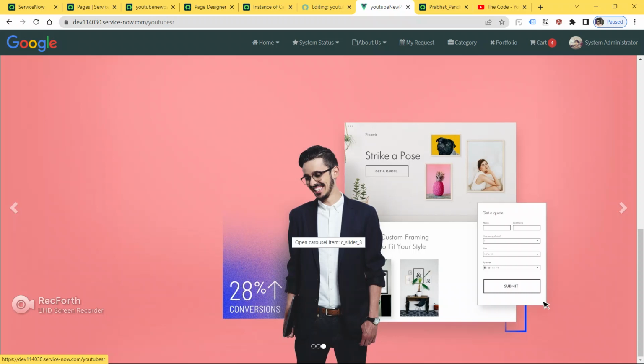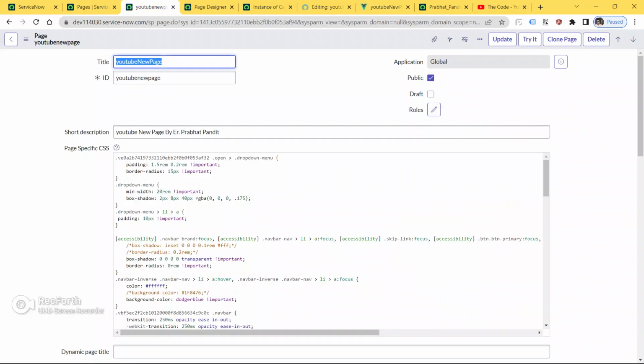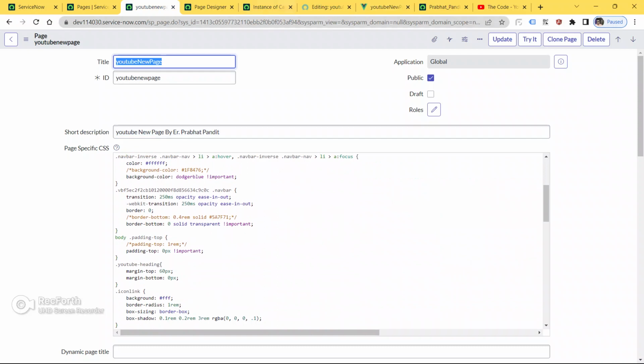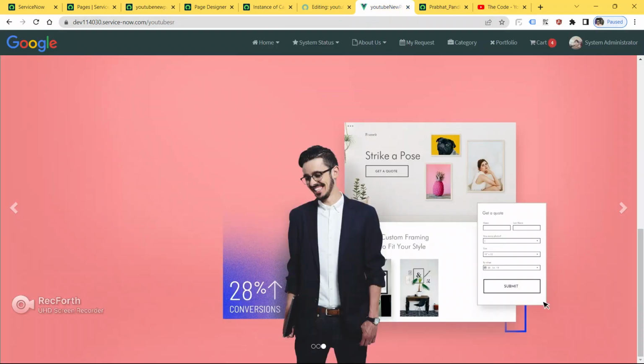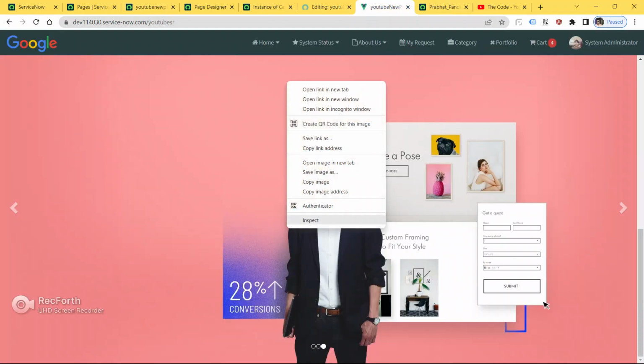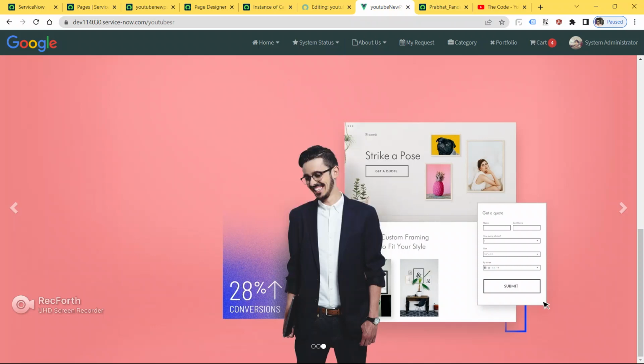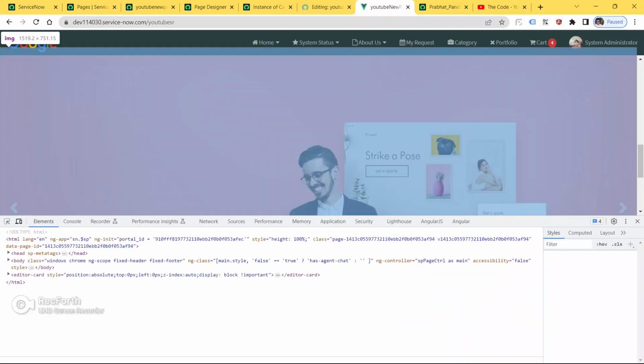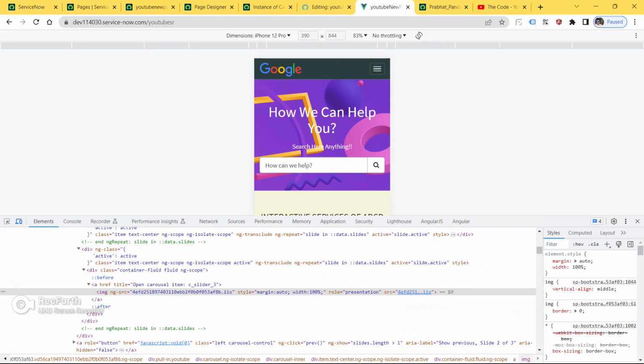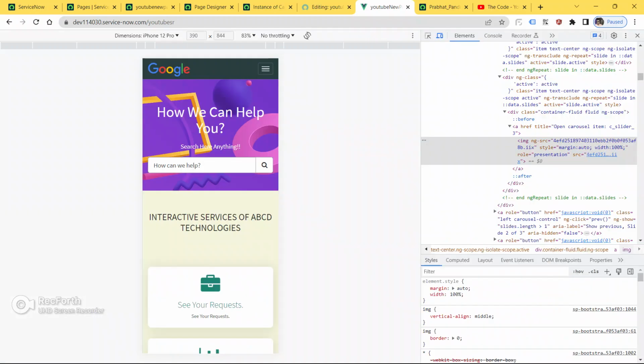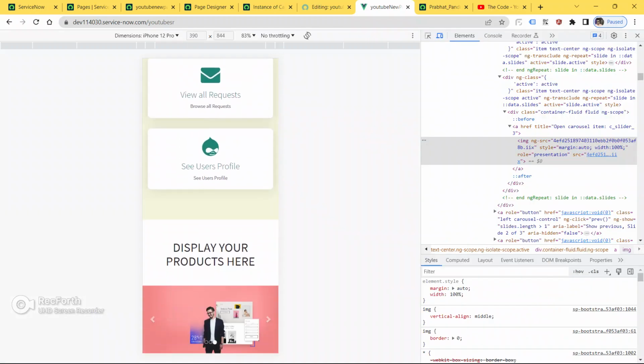Although I have explained each and everything here in detail, if you still have any doubt about how I did this or if you want some CSS, let me show you responsiveness also. Just go here, click on inspect, go to the mobile view.